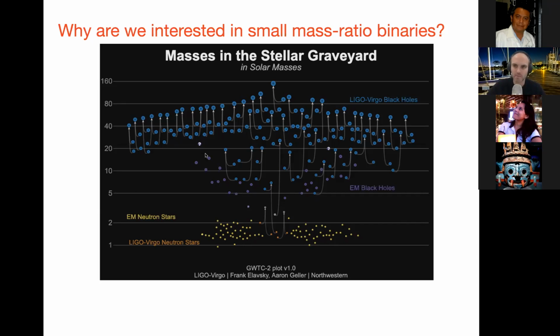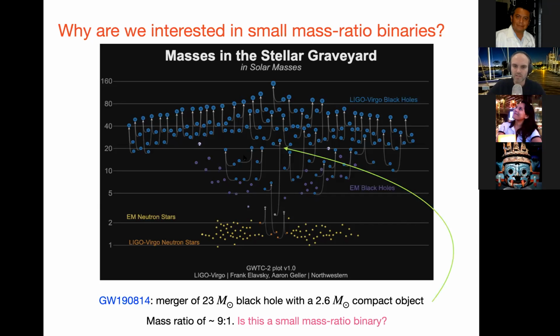I think we've heard people say already, we're in a second golden age for black hole science, and I think I agree. But I want to draw your attention to 2 particular systems on this diagram. The first is this system here, which has the merger of some small or very light object, most probably a black hole, but could be a very heavy neutron star. It's not completely clear. And that's merging with a black hole which has something like 22, 23 solar masses.